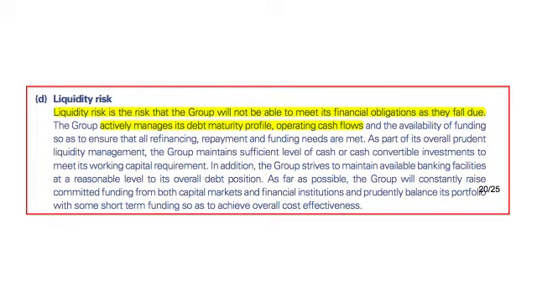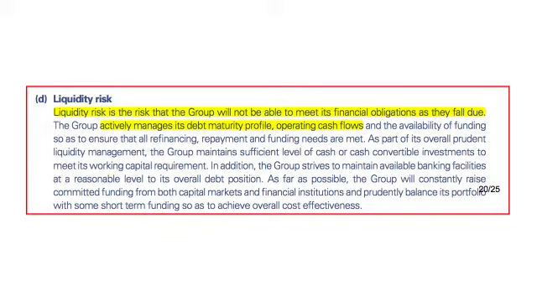Yes. What are some of the other points that we need to know from the balance sheet, though? Yeah. The other area that we need to focus on is what is known as liquidity risk. And the next document we'll look at comes straight from the risk statement in the company's annual report. One of the things that they advise shareholders to look into is the liquidity risk of the company. Well, what does that actually mean? Precisely. Liquidity risk is the risk that the group will not be able to meet its financial obligations when they fall due. Meaning if all the short-term debts were due tomorrow, will they be able to pay off the debts relatively easily, with great ease?